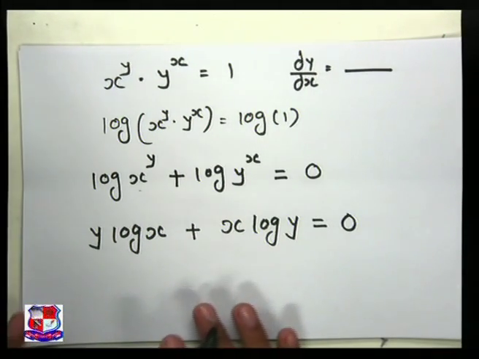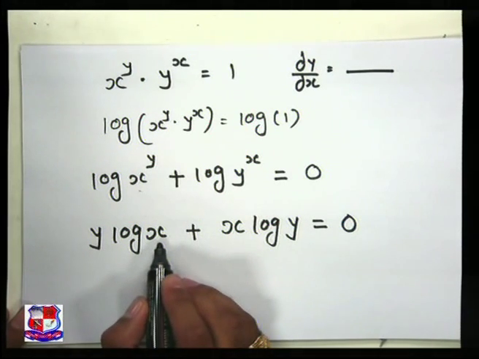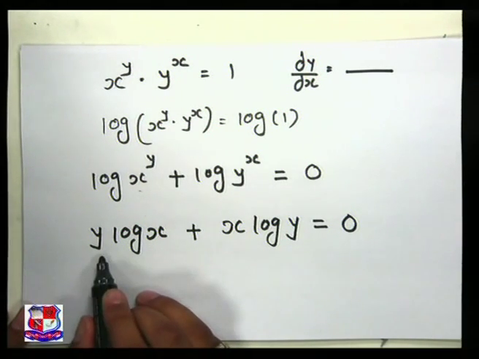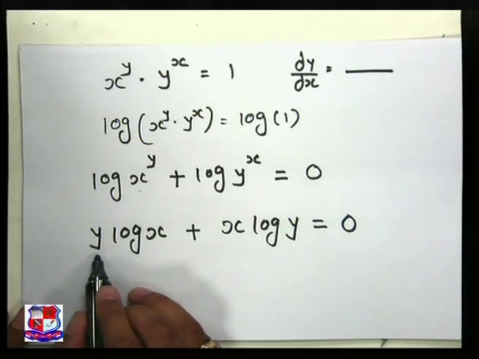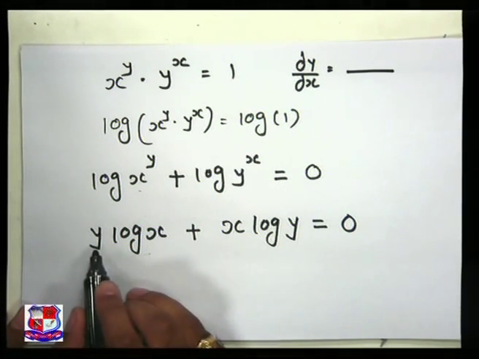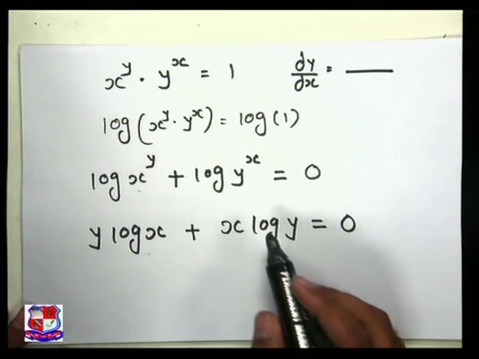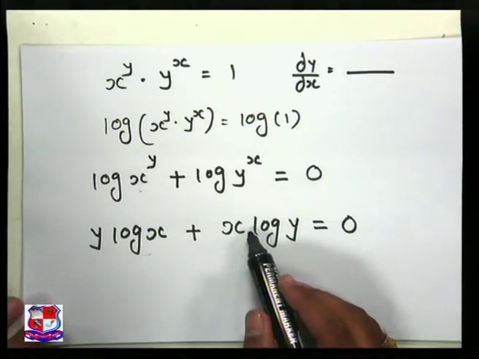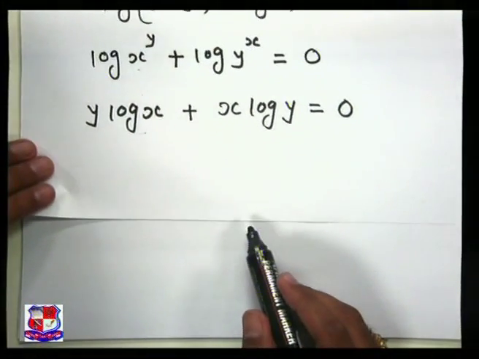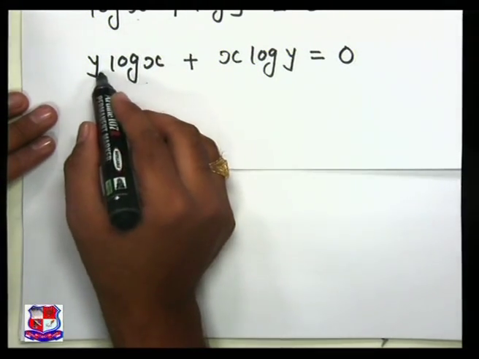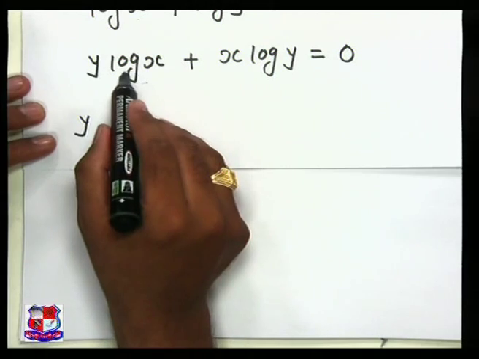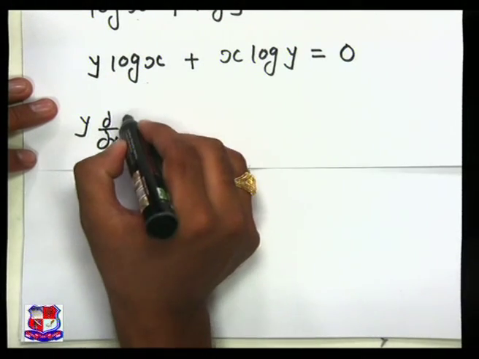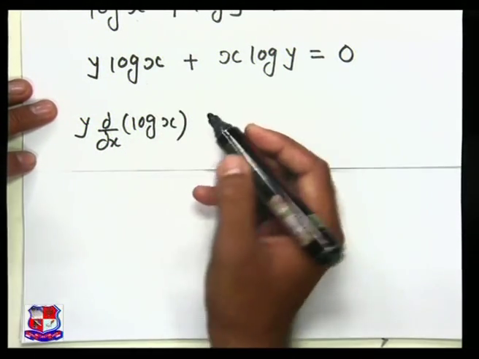Now our next step is to take the differentiation. Here y and here x, so ultimately we go to the multiplication rule of differentiation. Here x and y both terms are in multiplication, so you can find the differentiation using the multiplication rule, the u into v rule. So the first term as it is, times the differentiation of the second one, so you can write d by dx of log x plus